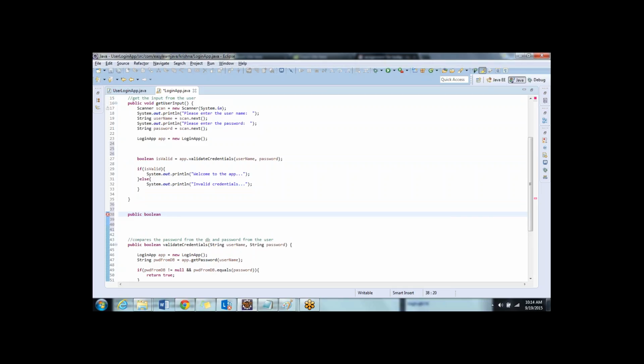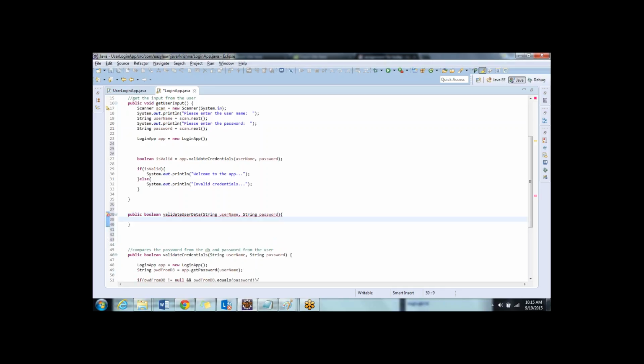It will tell if it is valid or invalid. Public boolean validateUserData, and again I will say String username